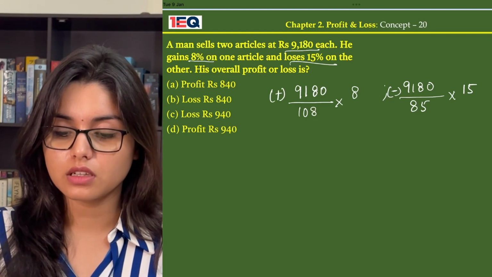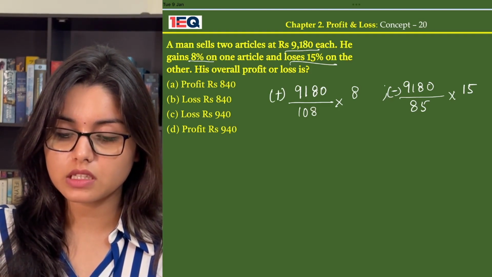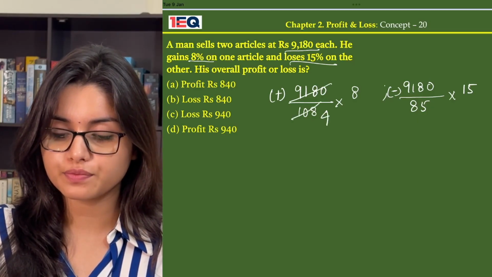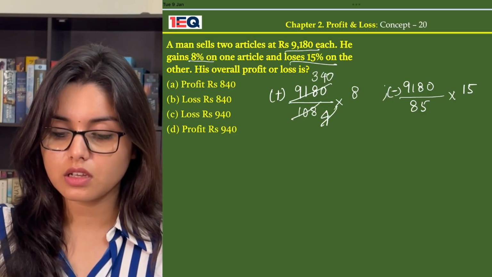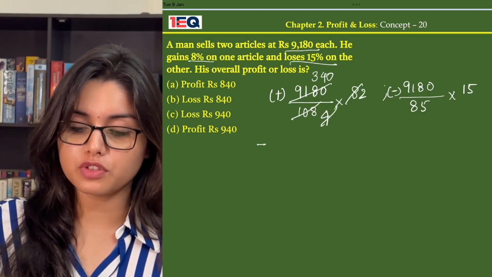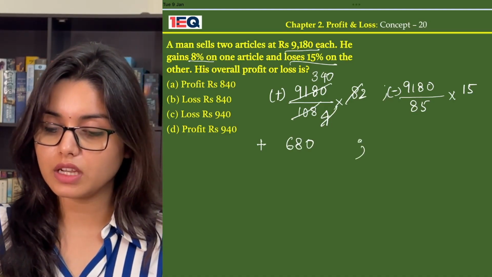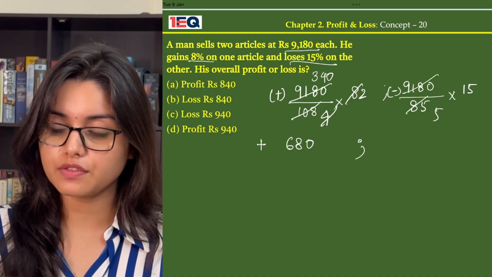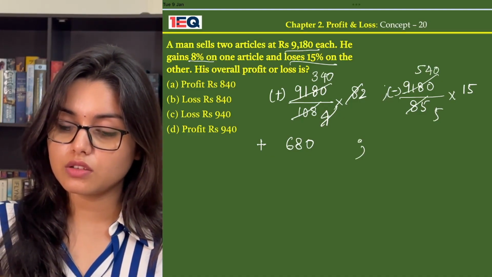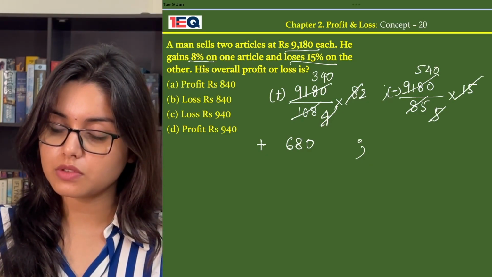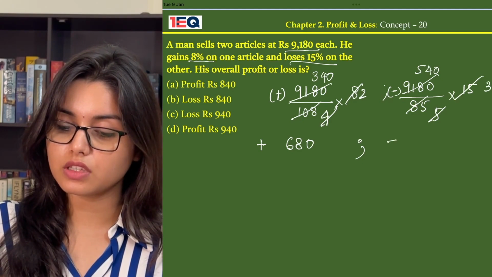Now on calculating, we find, okay, now dividing this by 27, we get 4, 3, 40, and this becomes 2. So profit is 680 rupees. And here on dividing by 17, we get 5. 5 is 85, 4 is 0. And this becomes 3. So 540 into 3 gives us